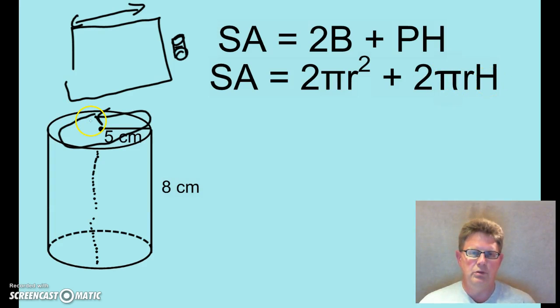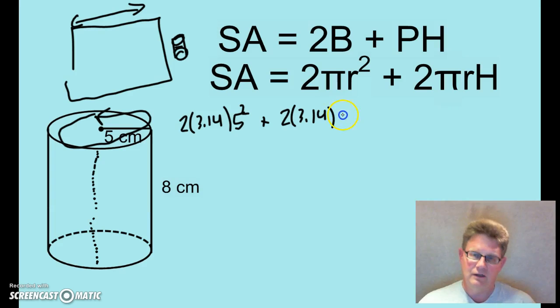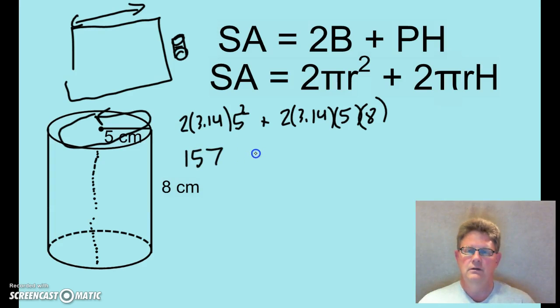So let's go ahead and see what the surface area of this cylinder will be. Surface area would be 2 times 3.14 times 5 squared plus 2 times 3.14. The radius is 5 and the height is 8. So let's see here. 2 times 25, 50. That'd be 157 plus, alright, 2 times 5. That'd be 10, 31,